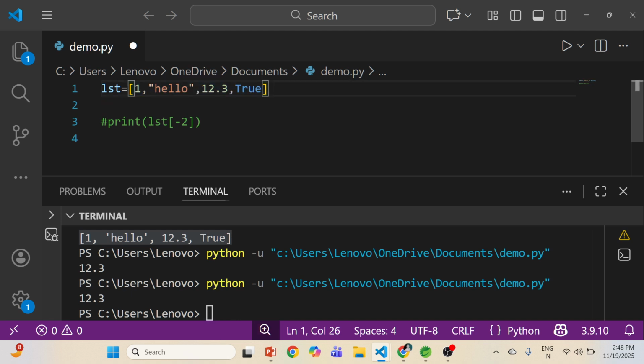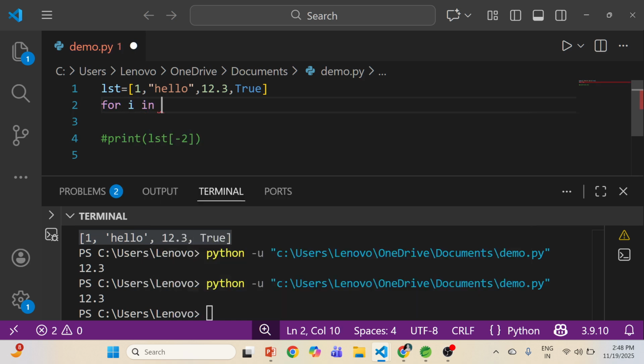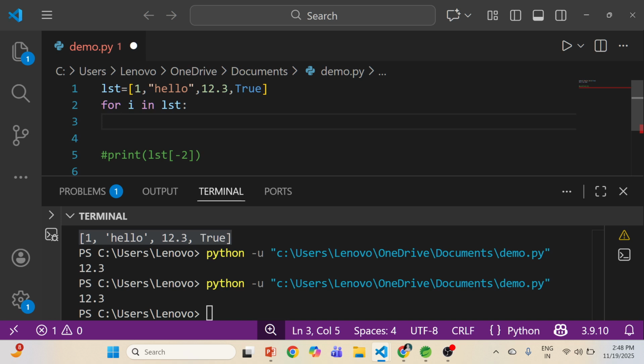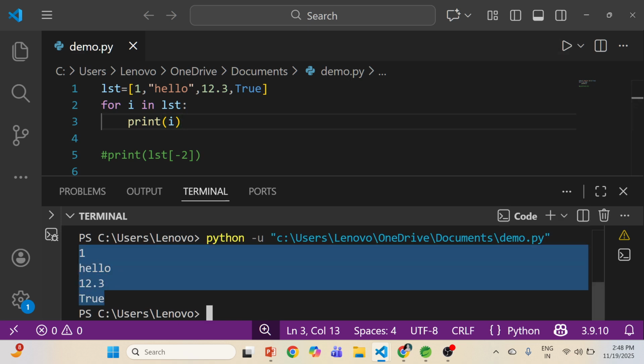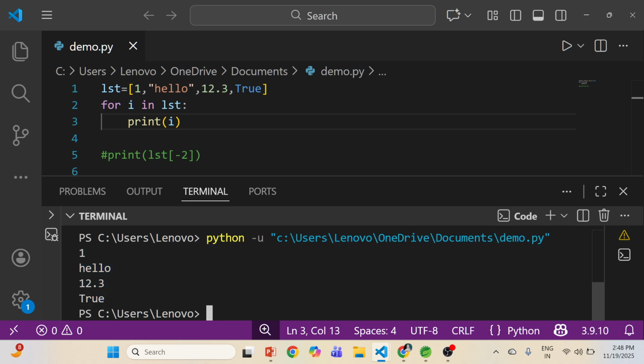Means I have to use a loop like this, for i in list. I am doing iteration. So one by one it will go to each value and I will print i. So you can see each value is coming one by one like this. First 1 is coming, then hello, then 12.3, then true. So this is the way we iterate the list.